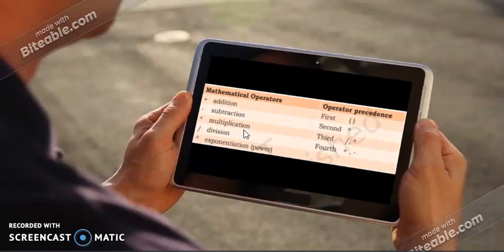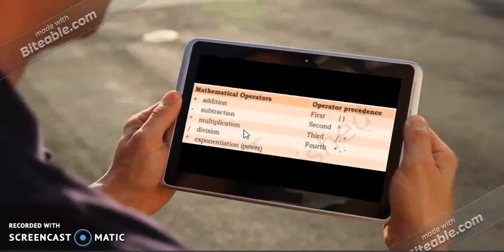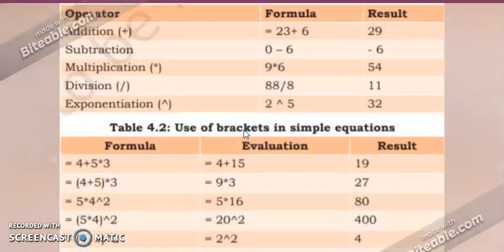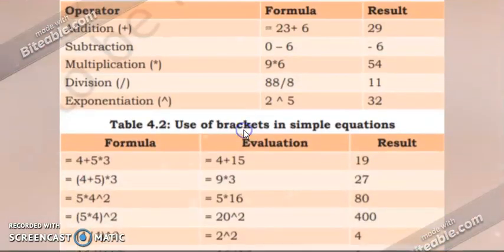The order of evaluation can be changed by using brackets. The expressions within the brackets are evaluated first. Simple calculations using values and operators. There are a few formulas written using the values and operators. More than one mathematical operator can be included in the formula. So let's see how to evaluate the operators in order.